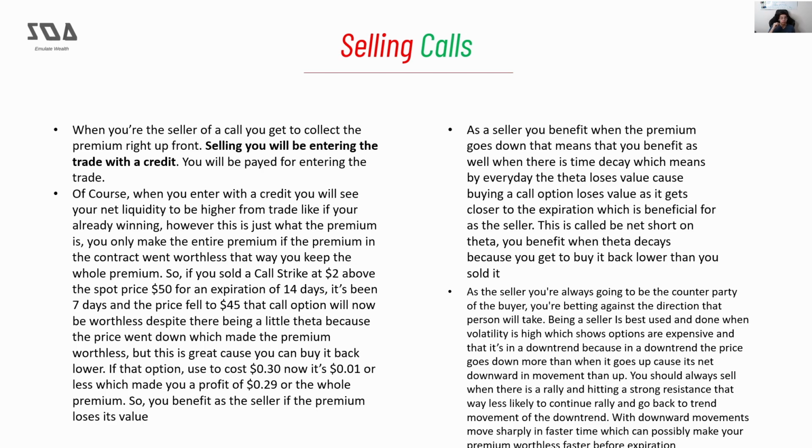That way it's very hard for the price to hit that strike, because there's so much resistance that even in a downtrend, the trend goes downward more than it goes up. If you do that and the price goes down sharply, which it always does in downtrends, the price moves sharply because of fear. People sell more in fear than they do in buying, and eventually.